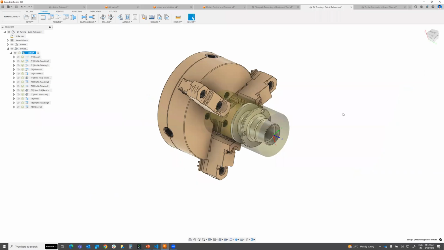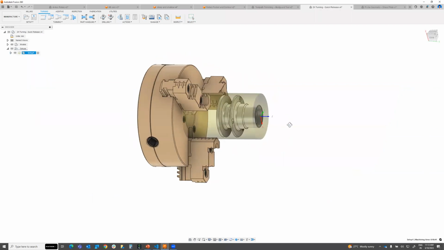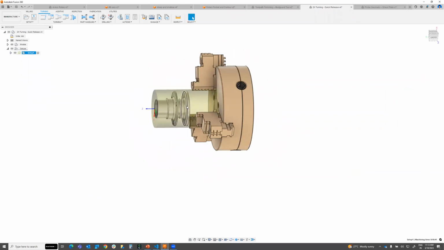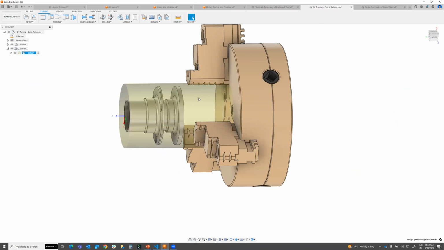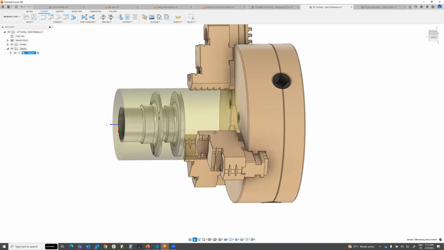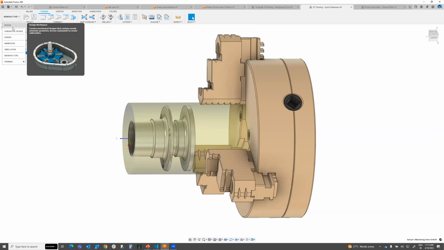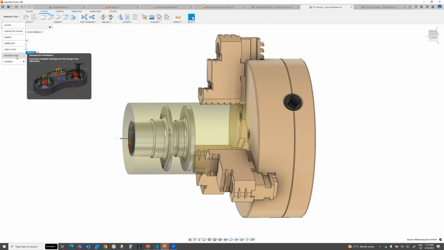Let us move on to the software side, to see how the software is going to perform on turning. Okay, this model was imported into turning, and you can see it is possible to hold the component in the chuck. You can import this chuck, or create the chuck using the modeling design in the design space. Then you can take it into manufacturing. Once you click on the manufacturing space,